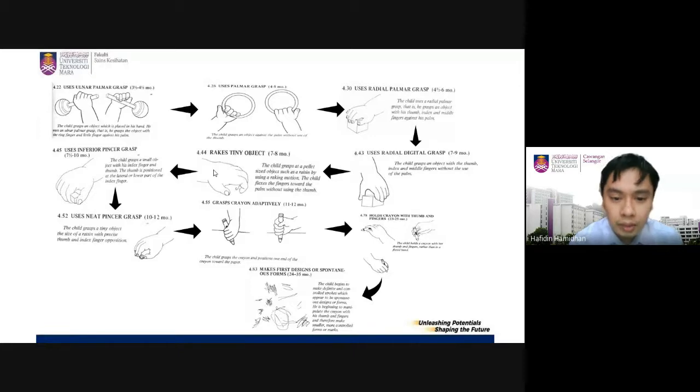Okey, kemudian untuk perkembangan umur 2 tahun, kanak-kanak tersebut sudah boleh menggunakan dia punya jari untuk grasp. Dia tak lagi menggunakan palmar grasp lah. Kemudian seterusnya untuk perkembangan umur 2 tahun hingga hampir 3 tahun, kanak-kanak tersebut begins to make definite strokes, dia dah boleh buat strokes dan dia dah boleh manipulate crayon menggunakan tangan dia, okay. Seterusnya,